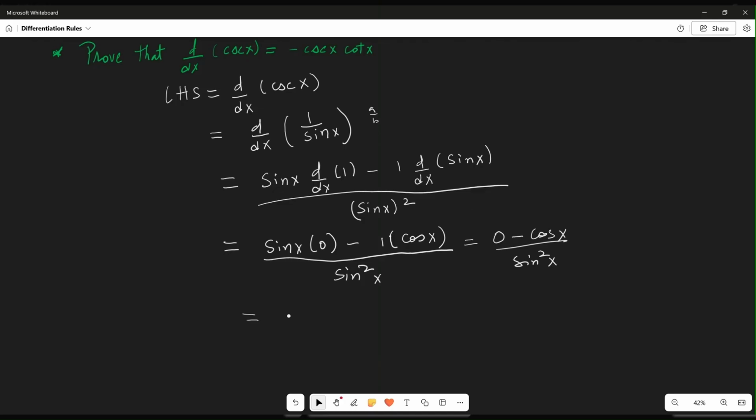So this is negative of cos x divided by sine square x. So you can write this down as, okay, negative, don't forget the negative, right? 1 over sine x, because sine square x, that means we have two sines, right? Sine x times cos x or cosine x divided by sine x,